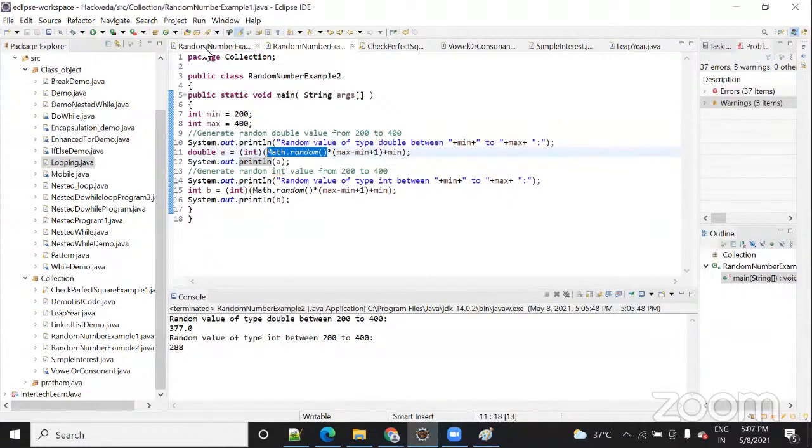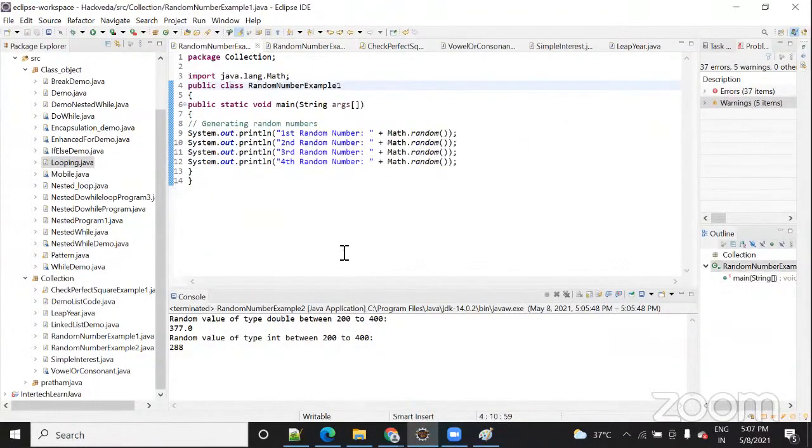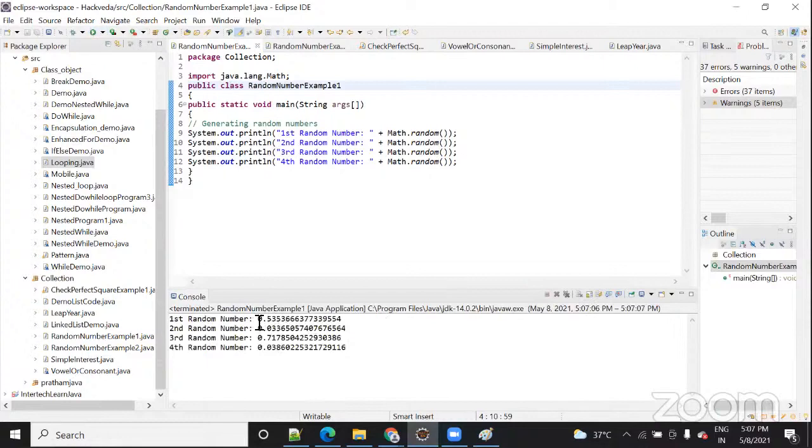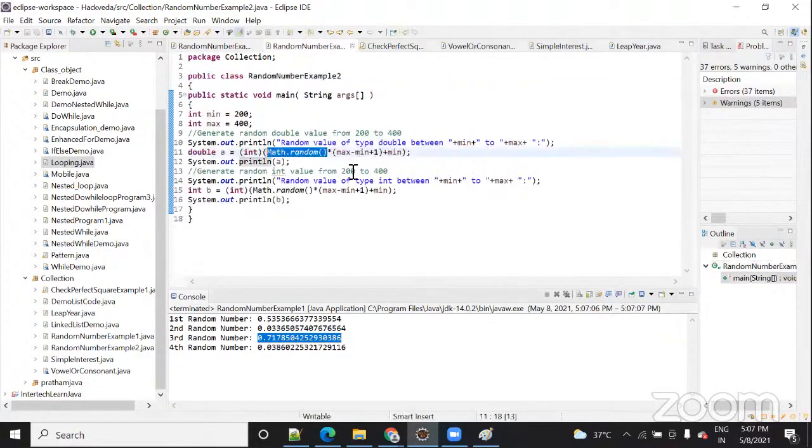Suppose in this case, when we have run this code, if you multiply this with 401, you will get some value in that range. Suppose 0.71, if you multiply it by 400, you will get around 300 some value, right? So within that specified range, you can get the value, but you need to apply the logic there. Just see it. If anything is not clear, you can ask me.